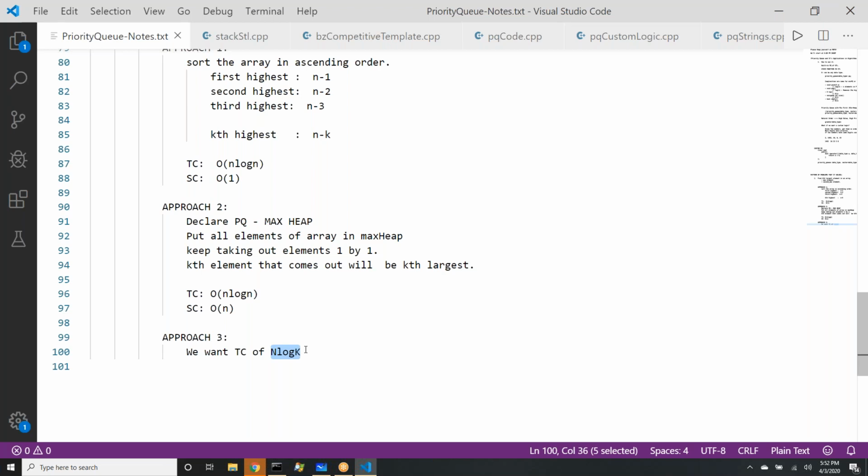Okay, so Goteshwar Rao is suggesting something. He says, run a while loop until count reaches k. But can you suggest what we are doing as the first step? If this is the time complexity we want, the earlier approach said declare a priority queue, put all the elements, and then do something. So what is your approach? Can you throw some more light on your approach? Yeah, Goteshwar Rao, can you explain?